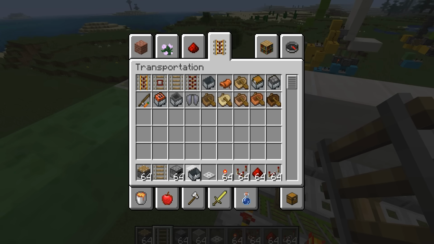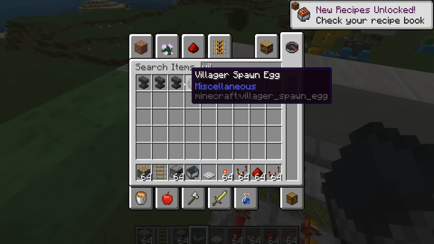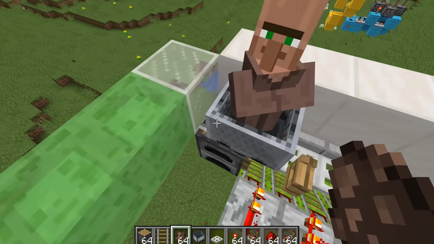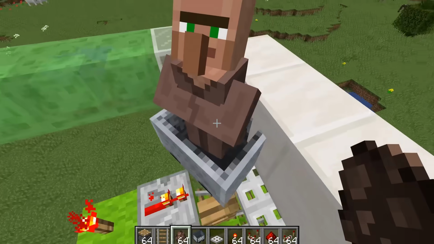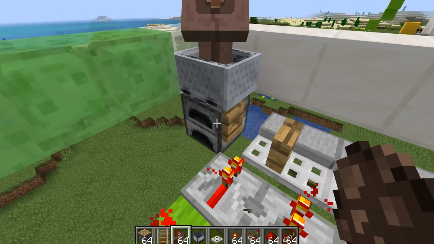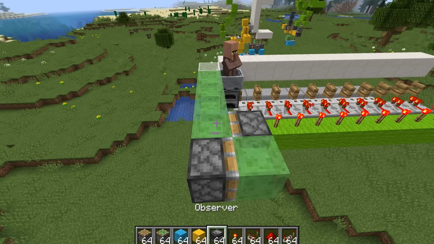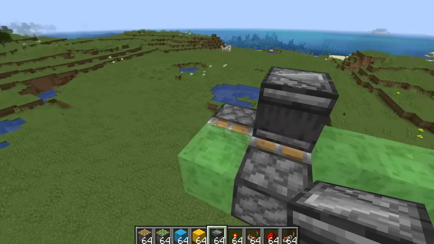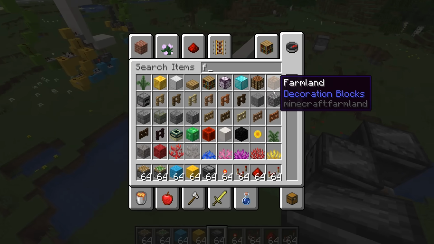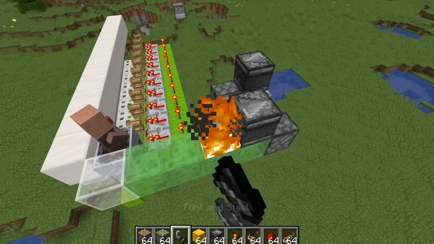So if we grab ourselves, I guess, a minecart, and then if we spawn a villager, he's probably not going to get in that minecart, is he? Oh, he is in the minecart. Okay, well that's very good. So if we pop that minecart off, and then we place in some observers, so we need an observer facing in this direction, and an observer facing in this direction. If we then grab ourselves a flint and steel and move this, guy should hopefully...